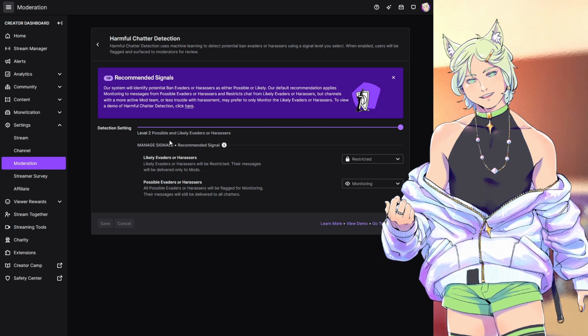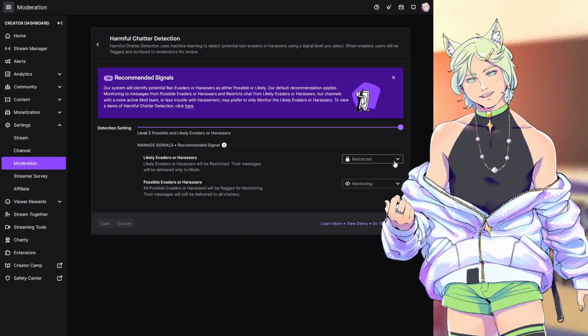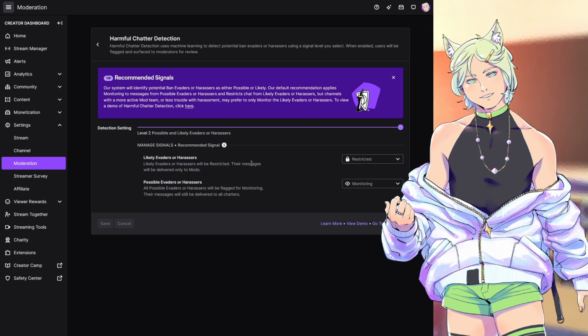So by default, what Twitch has enabled for, it seems, all creators is a detection setting of level 2. So what this entails is that for what they determine to be likely evaders or harassers, their messages are going to be restricted. This means that their messages can only be delivered to mods, so they will have a manual review process. The possible evaders or harassers, this is sort of like a low threshold. They will be only marked as monitoring.